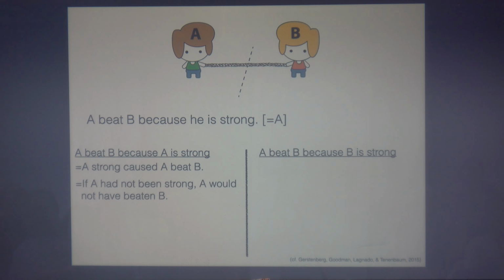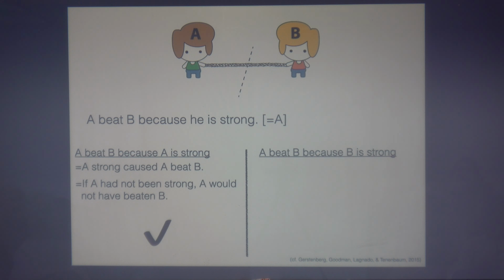And I'm going to use a counterfactual semantics here. So this means something like, A beat B, but if A had not been strong, A would not have beaten B. Now, there are a number of theories of causal reasoning out there. Not all of them are purely counterfactual like this. One of the interesting things about theories of how people think about causation is they tend to make the same predictions for run-of-the-mill stuff, and it's in the really interesting edge cases where they pull apart. Well, we're not working with interesting edge cases here, and counterfactuals are much easier to calculate, which is why I'm going to use it. But there's no reason that it should really make much of a difference here. And I haven't looked at those edge cases.